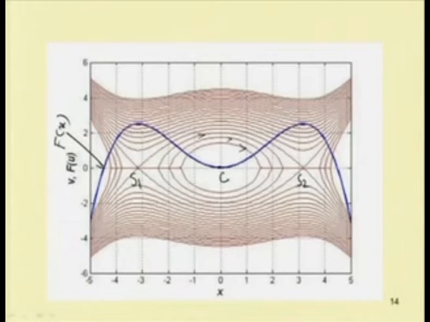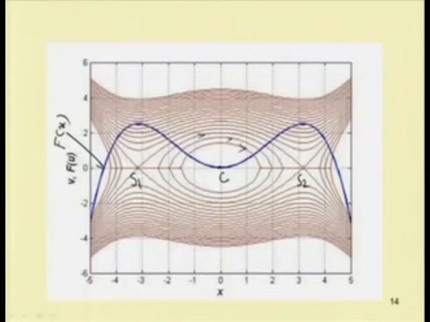So, one can plot these trajectories corresponding to different values of h, and in this case the trajectories have been plotted for several values of this potential total energy. In this way one can obtain the trajectories, or one can study qualitatively the response of a system. In this case, qualitatively, we have seen the saddle points and center corresponding to